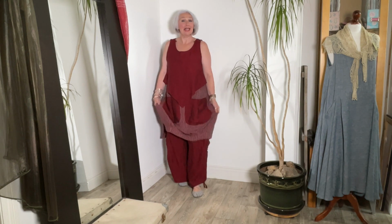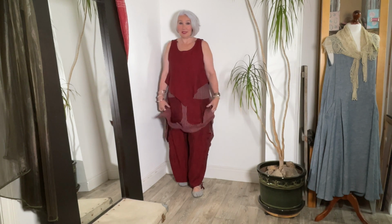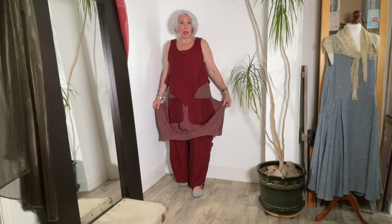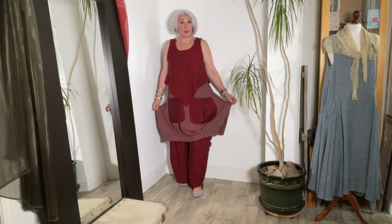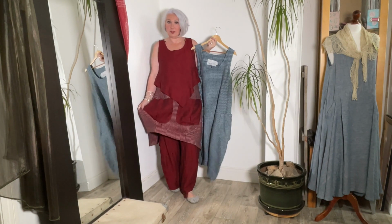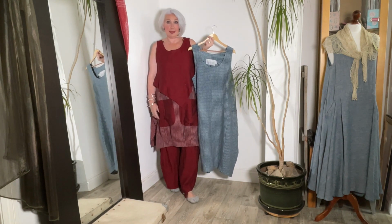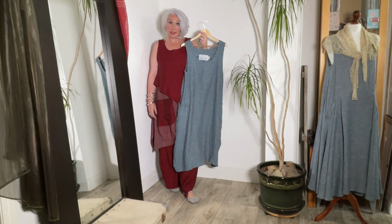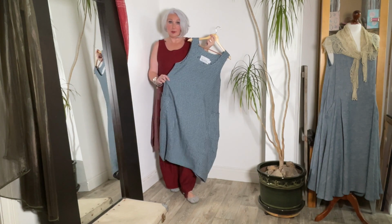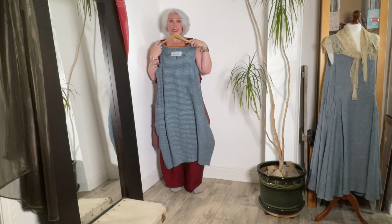Combining the apron in the red pinstripe, and this is the other color that I wanted to ask you about, whether you'd be interested to see that in a dress. So we had the teal pinstripe, this one, and then we would have the red pinstripe, and of course we've also got the black pinstripe, which already exists as a dress. So what do you think? Interested? Teal pinstripe, red pinstripe in the tulip dress. Let me know,